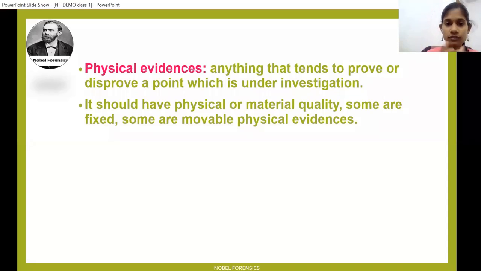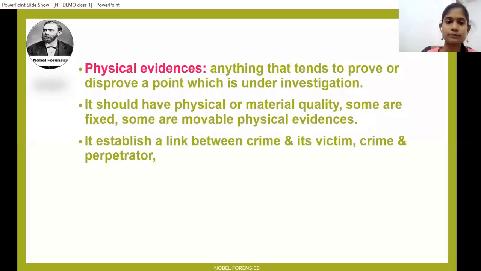If the table is small, then we can send it as it is, with proper packaging, to the laboratory. But if it is immovable, like on a fixed wall or large object, then we collect it separately with other methods. For example, if there are fingerprints on a knife, there is no need to develop and collect the fingerprints. The knife itself is collected, properly packed and sent to the laboratory. So if the evidence is movable, or is present on movable objects, it is sent to the laboratory as it is. If it is fixed evidence, then definitely we need other techniques to collect it and send it to the laboratory.